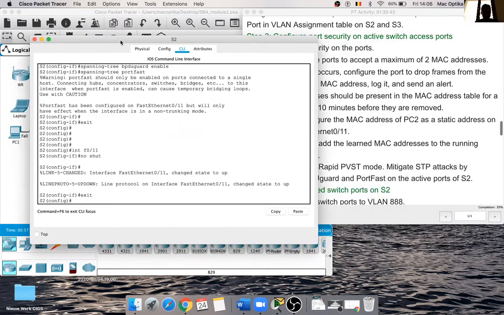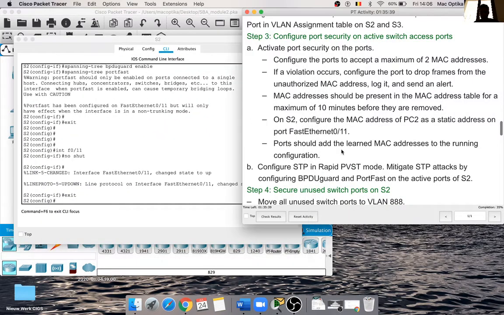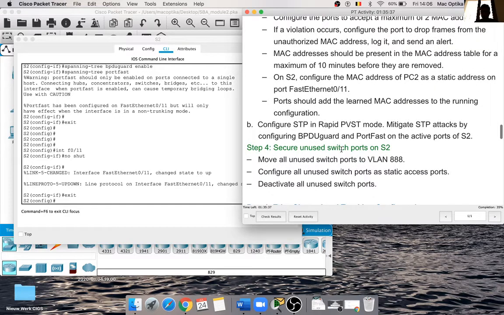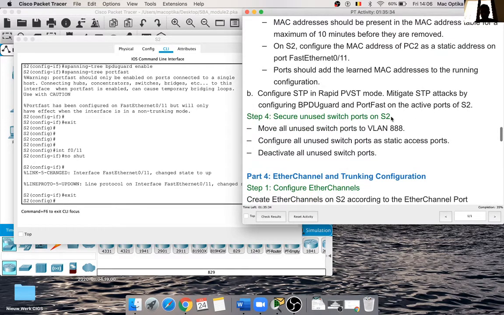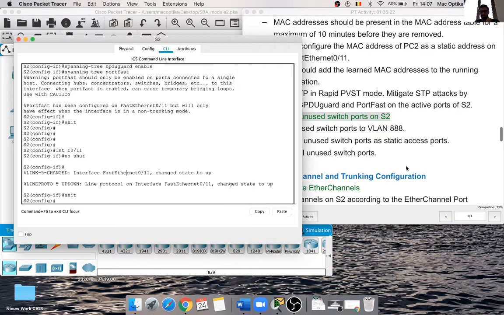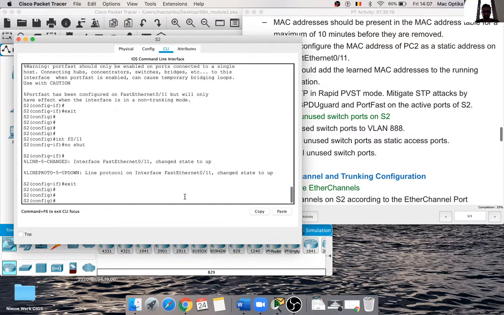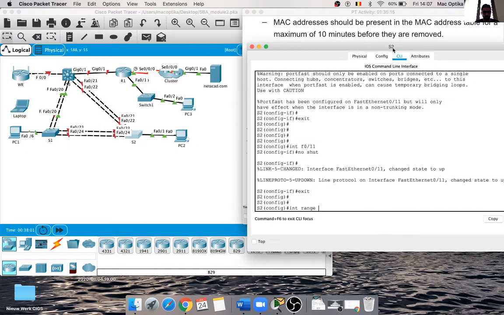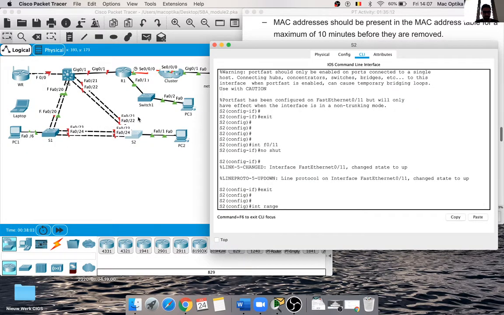That's perfect. Now I have to secure the unused switch ports. I have to secure this. Secure the unused switch ports: move all unused switch ports to the VLAN. So on switch 2, I'm still on S2, interface range. So remember, on switch 2, we have to start from